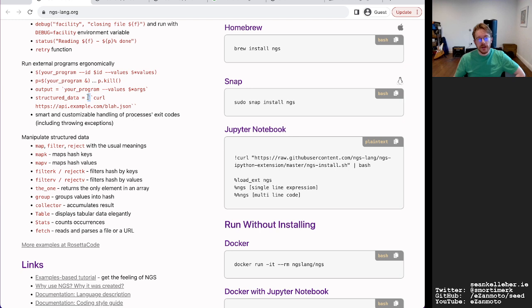Now, why you need a specific language construct for that, I'm not quite sure. I guess as a shortcut, to me, I would nearly think that, well, maybe there's a bit of processing that goes on behind the scenes with that. So maybe it will handle different exit codes and only process the JSON if there's a success message.